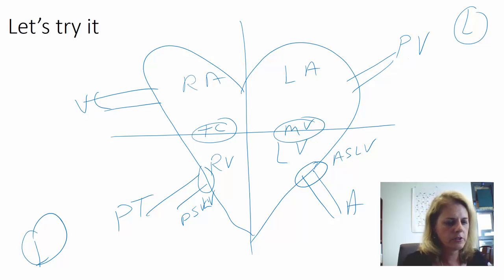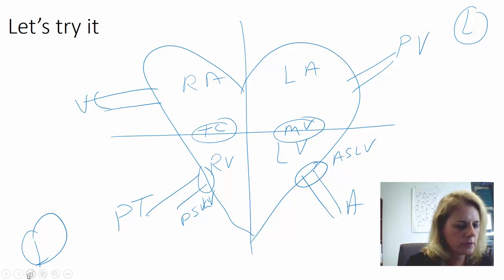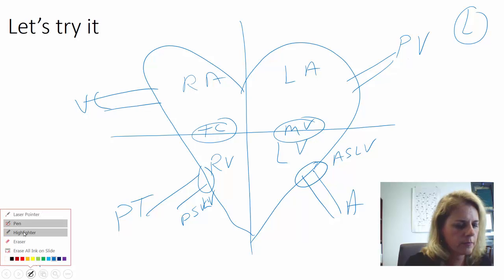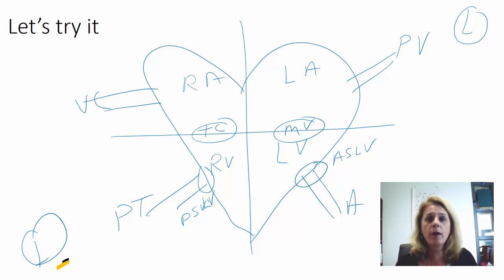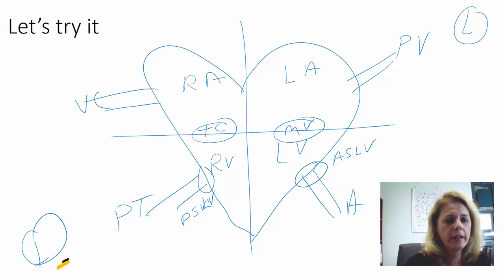So you'll say, let me change colors. All right, so we're going to use orange. Okay, so tracing blood. So you would write each one of these steps out. I don't really have enough room to write everything out. But what you would write is blood enters the right atrium, okay, right atrium. It goes through the